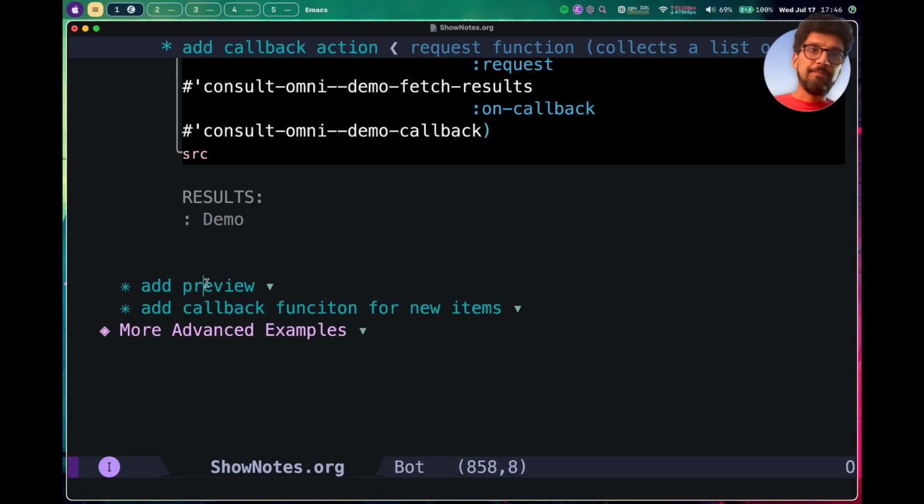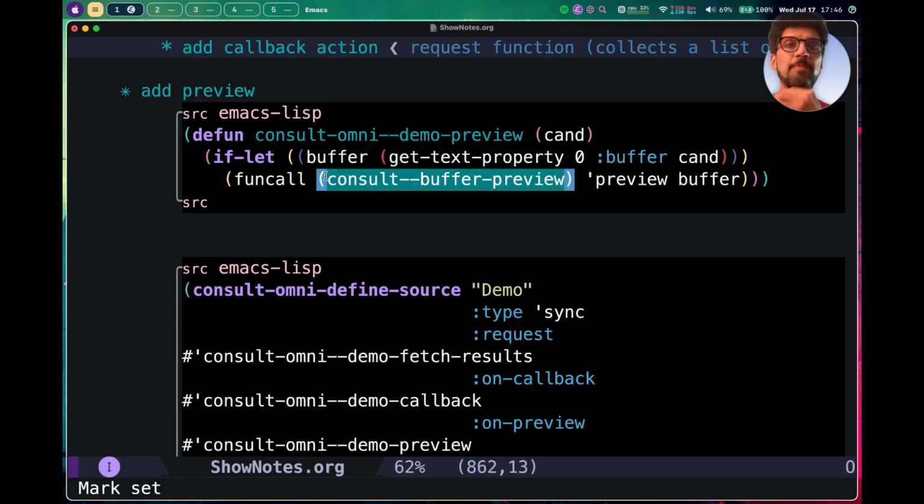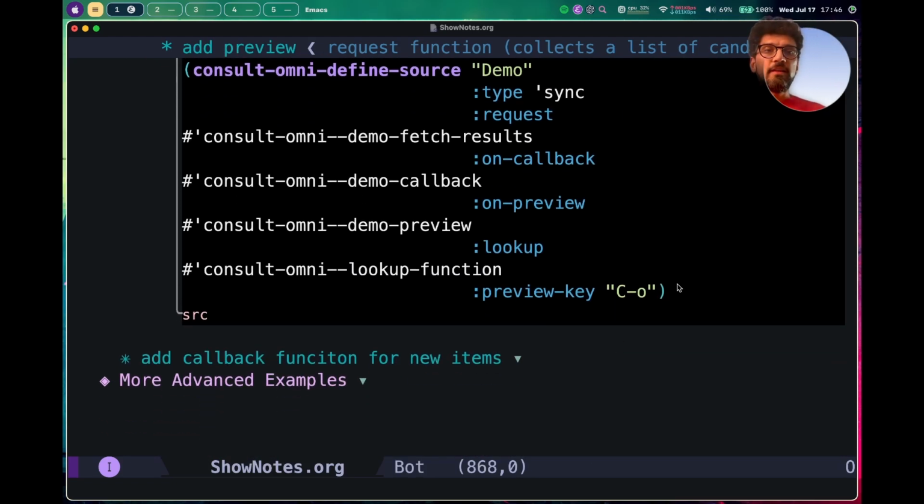Okay. How about preview? Same idea applies to preview. Now I can define a preview function. The candidate gets passed. Again, I look up the buffer from that candidate, and I use this built-in function in consult, consult-buffer-preview. So I use funcall. The result of this creates a new function on the fly, and then I pass the preview and buffer to it. Redefine